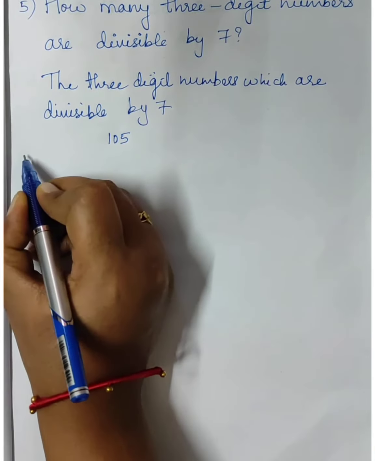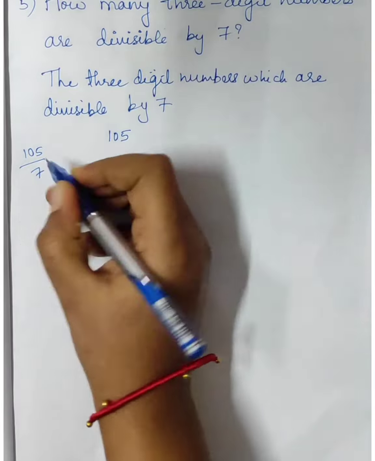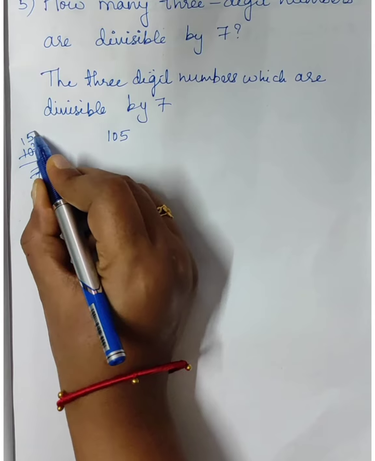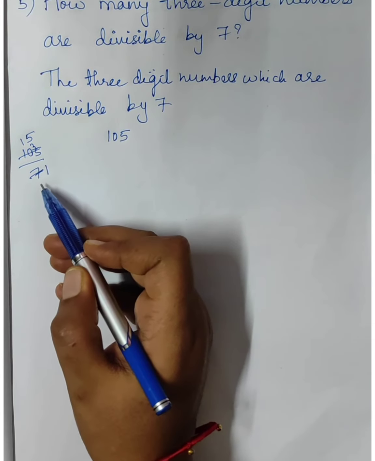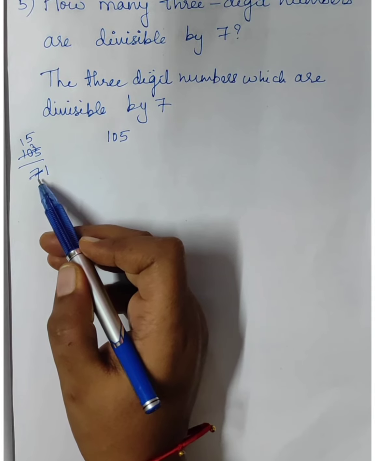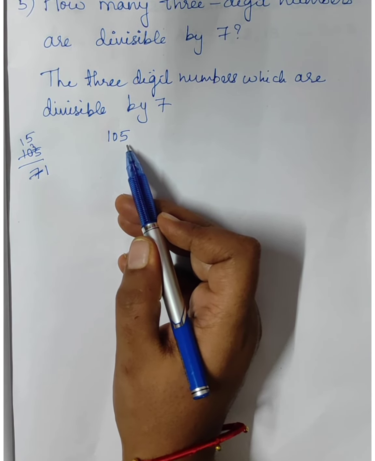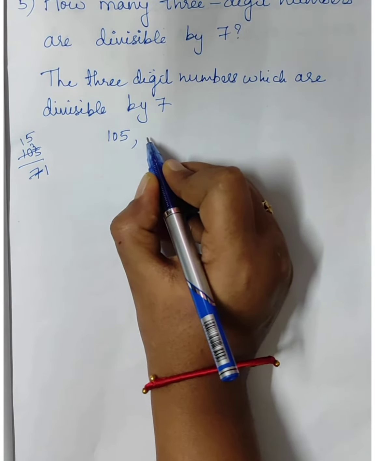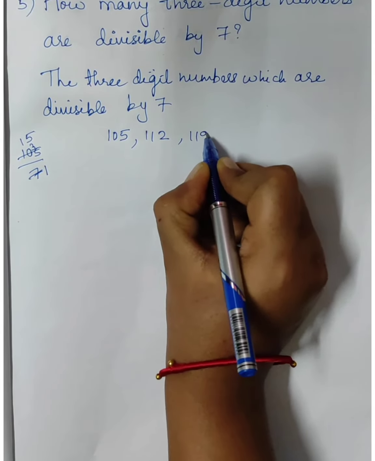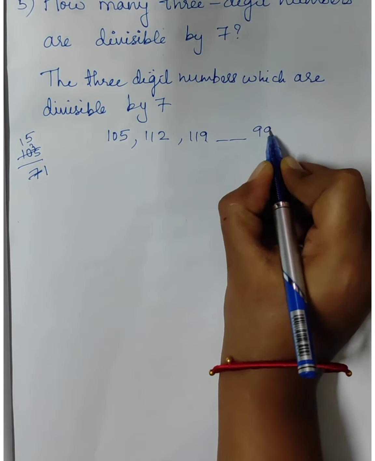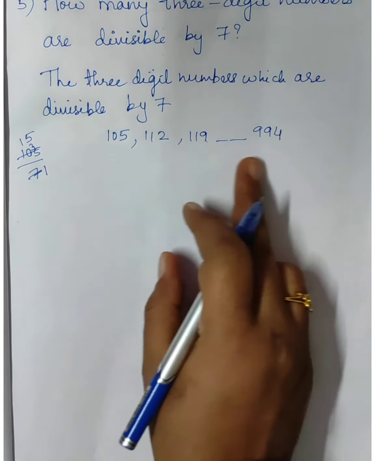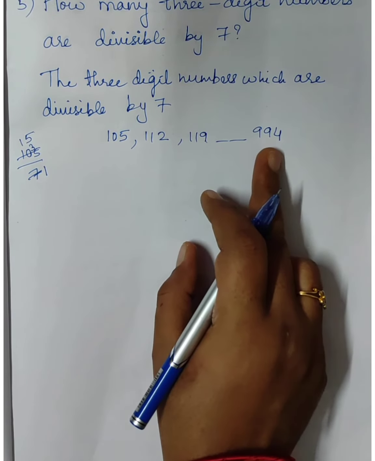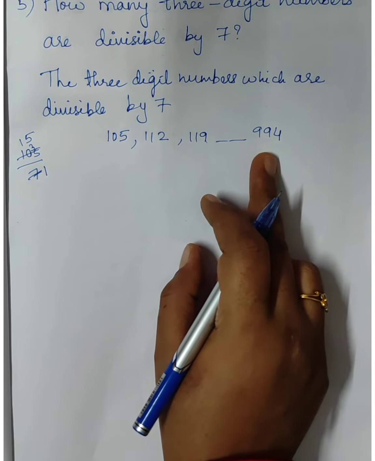How I'll tell you. 105 you divide it by 7. 7 ones are 7, and here what remains? 3 remains. So 7 5s are 35. See, now 105 is divisible by 7. Okay, and also it is a 3-digit number, and we want 3-digit numbers only, which are divisible by 7. So 105. Then next is 112, 119, so on up to 994. See, I am going to take these numbers which are divisible by 7, and they are 3-digit numbers, and even 994 is divisible by 7, and it is a 3-digit number.